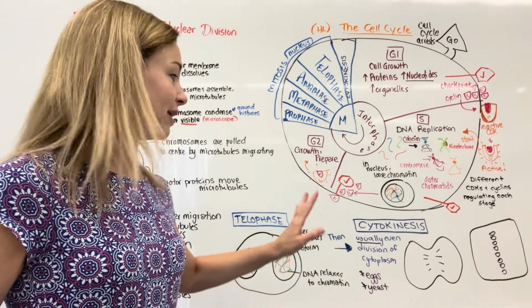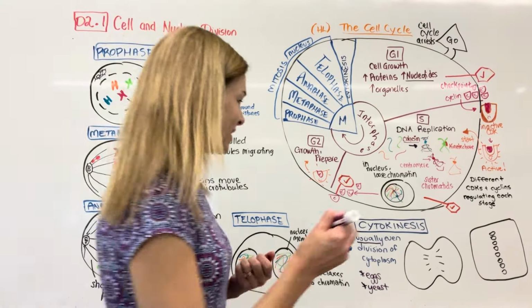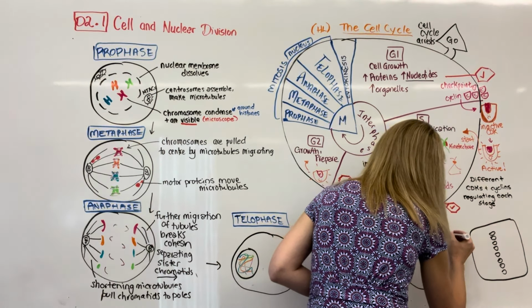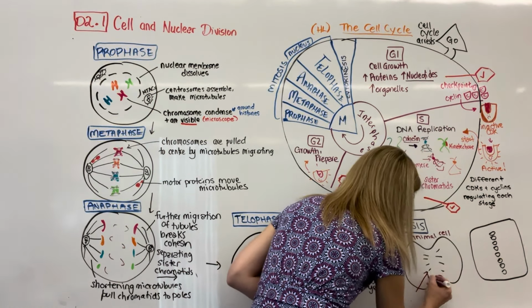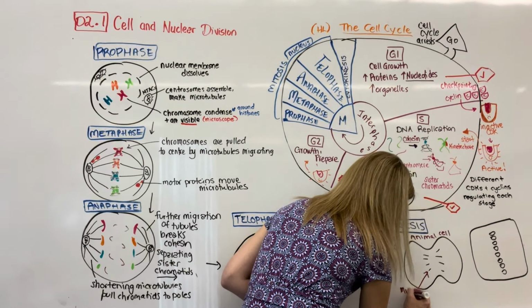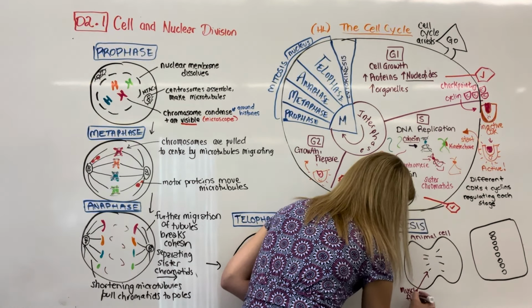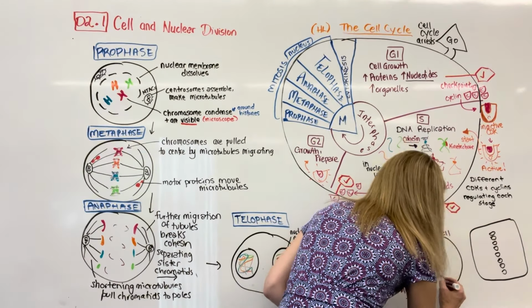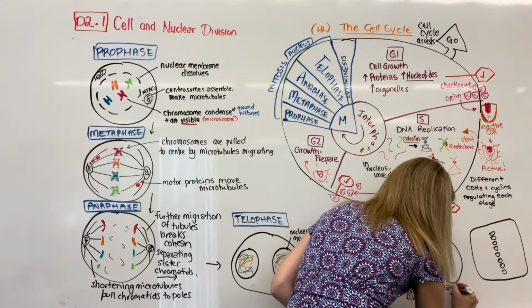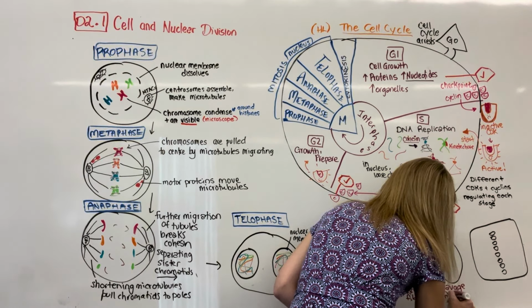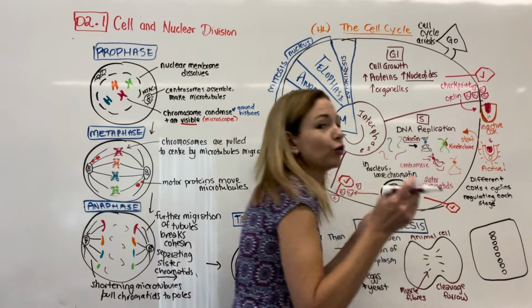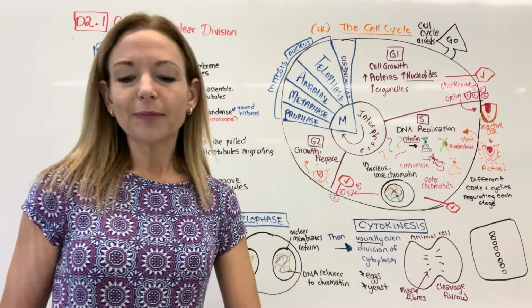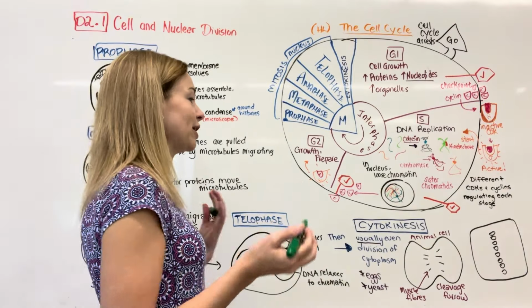So we are going to look at what the difference is. Again, this is an animal cell. It uses muscle fibers, so that's actually actin and myosin. Those muscle fibers are then going to create a cleavage furrow. They're going to use some muscle to basically pull that in and create that cleavage furrow, and then it's going to split. In the plant cells, they have to create a new cell wall.